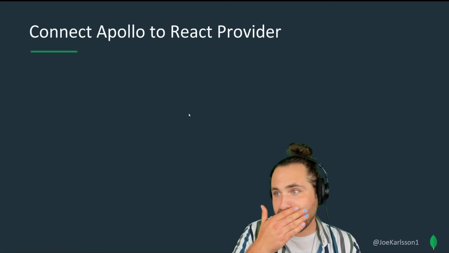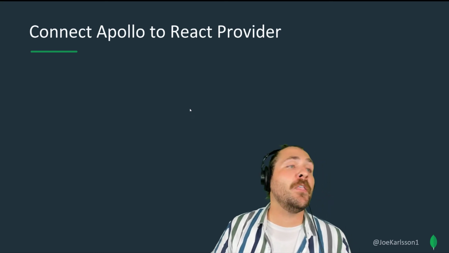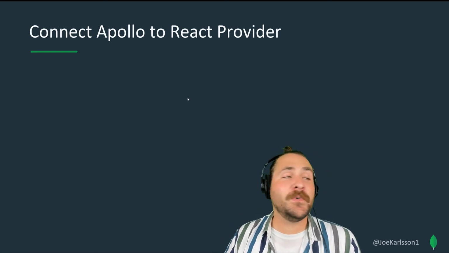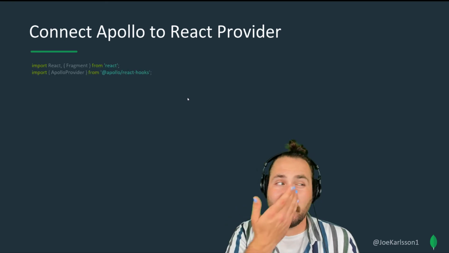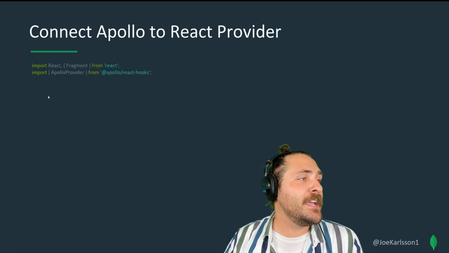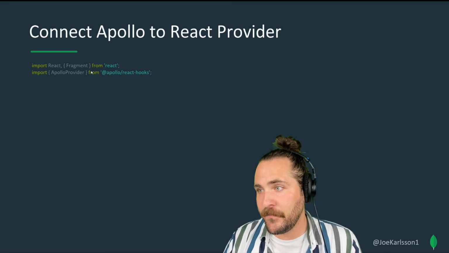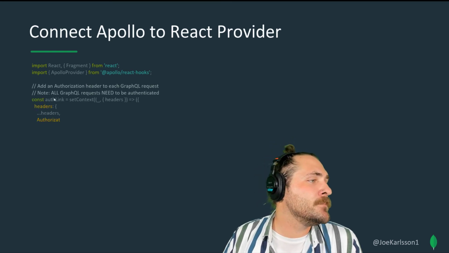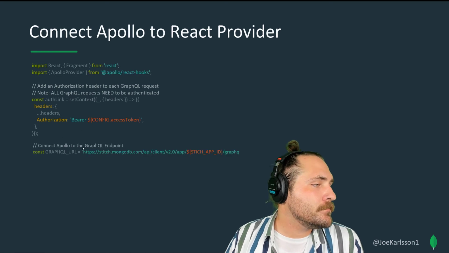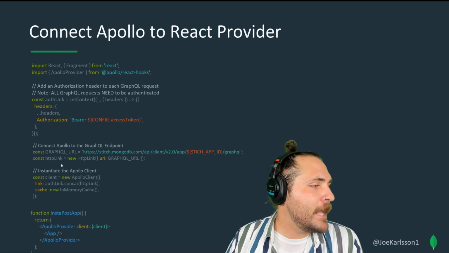Okay, so this is the interesting part though. We told Apollo where our GraphQL endpoint was. We had some config files. Next thing we want to do is connect it to React. So we have our React application, and Apollo actually has React hooks built in the provider, which is very cool. Oh, this part, we already saw, the top part. The bottom part here is the interesting part.